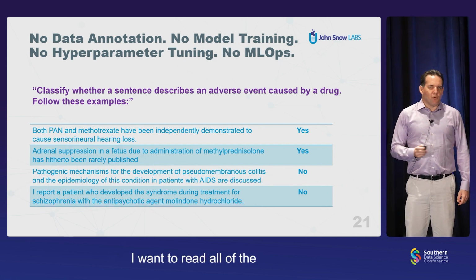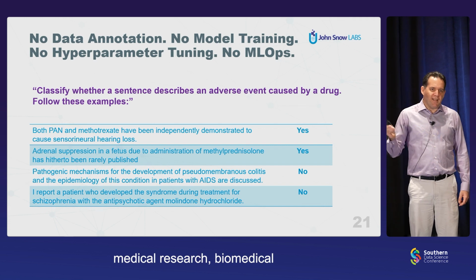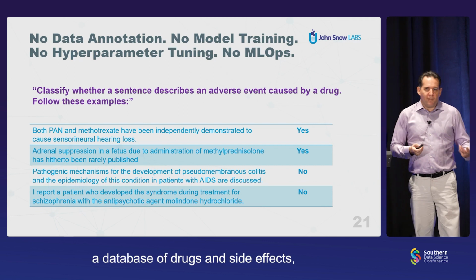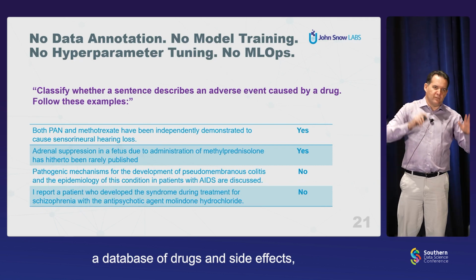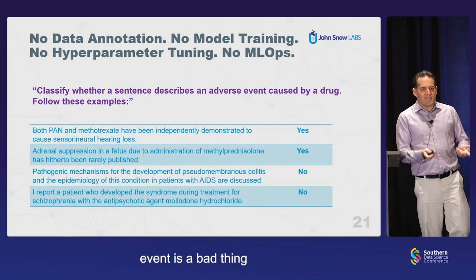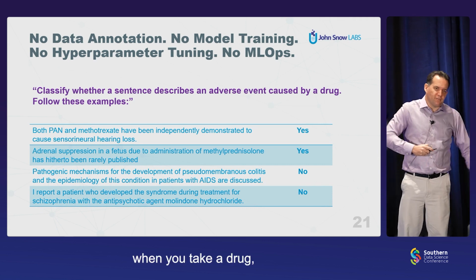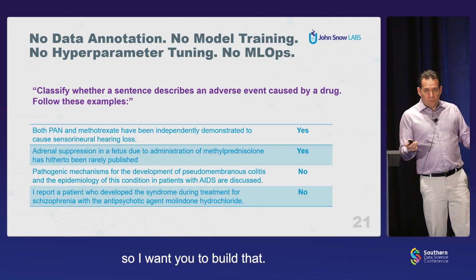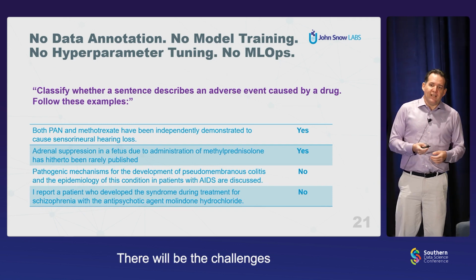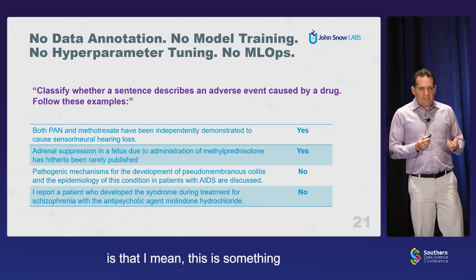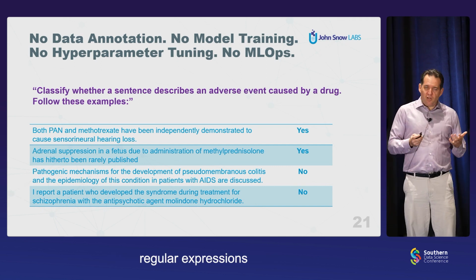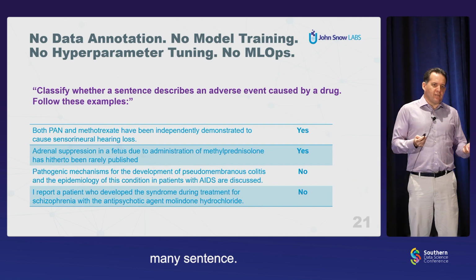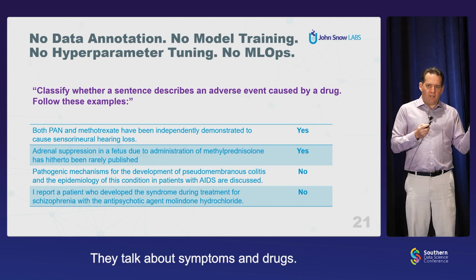So let's say I want to read all of the medical research, biomedical research ever published, and I want to build a knowledge graph, a database of drugs and side effects, what's called adverse events. So an adverse event is a bad thing that could happen to you when you take a drug or use a medical device. So I want to build that. The challenge is that this is something you cannot do with rules or regular expressions or basic machine learning models,